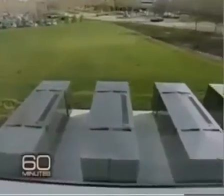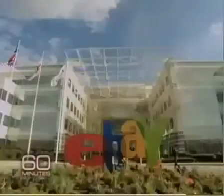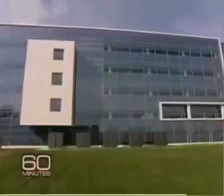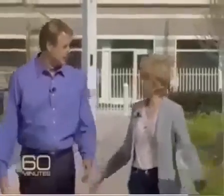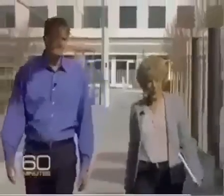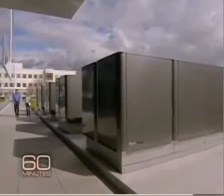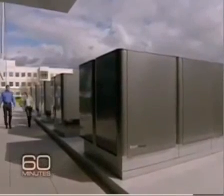Another company that's bought and is testing the Bloom box so KR can work out the kinks is eBay. Its boxes are on the lawn in the middle of its campus in San Jose. These things fuel almost 15% of the power on this campus. John Donahoe, the CEO of eBay, says its 5 boxes were installed 9 months ago and have already saved the company more than $100,000 in electricity costs. It's been very successful thus far. They've done what they said they would do. eBay's box